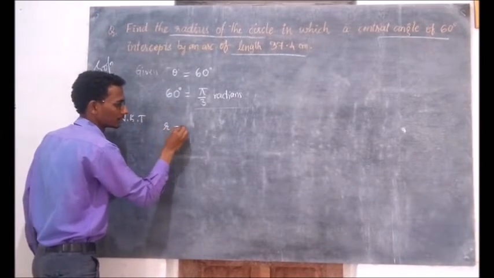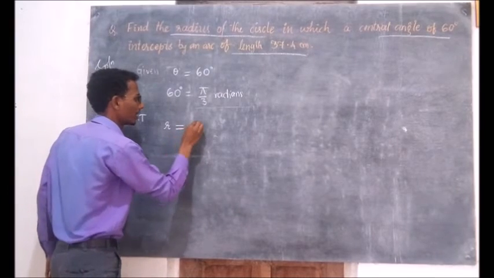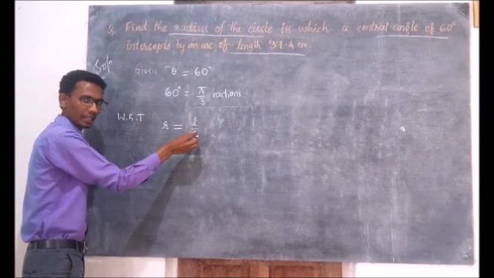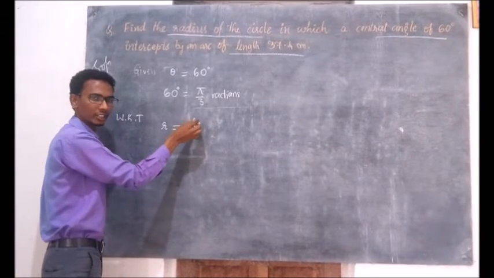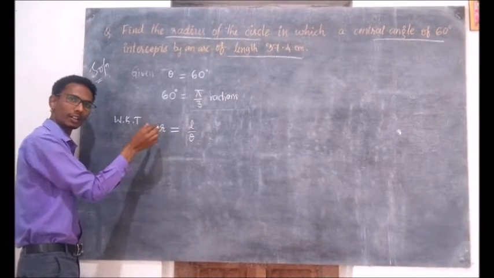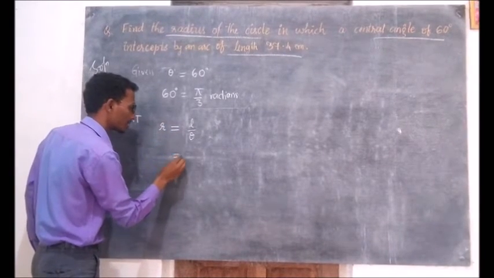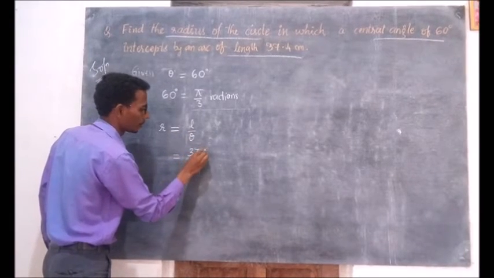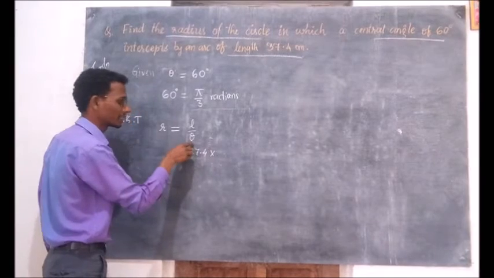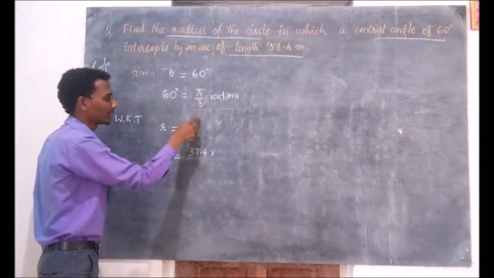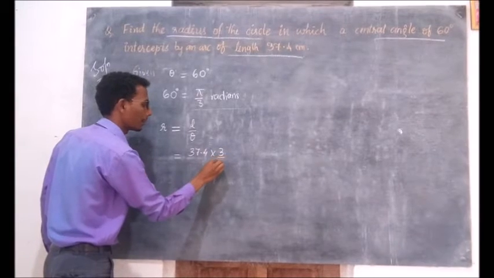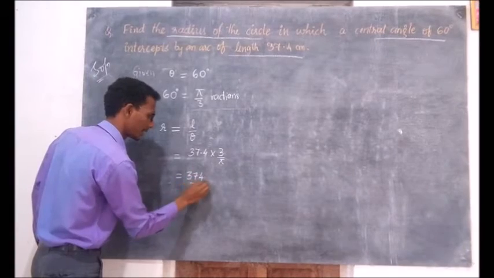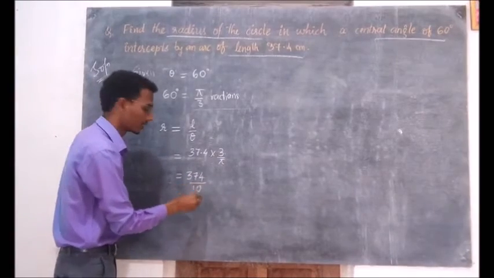So we know that radius of a circle can be calculated with the L by theta relation. So here theta is the given angle at the center and L is the length of the arc and R is the radius of the circle. So this R can be calculated using this formula. Then L is 37.4 centimeter and divided by theta, that is pi by 3. So it will become 3 by 5. So we shall take it as 374 divided by 10 for easy division.